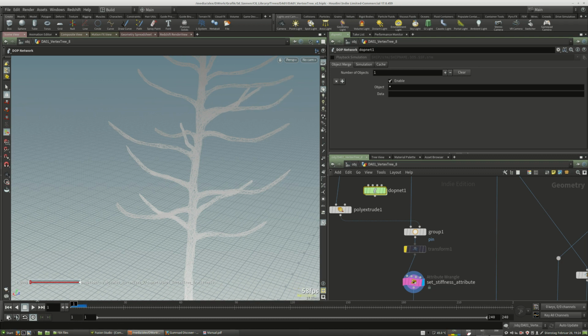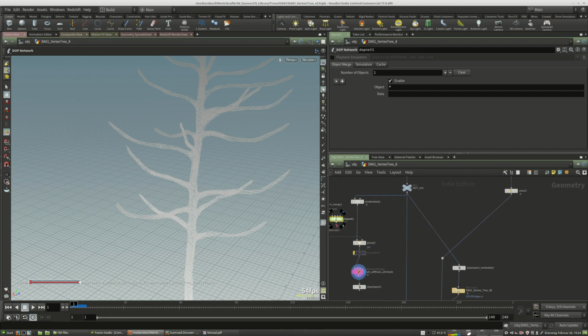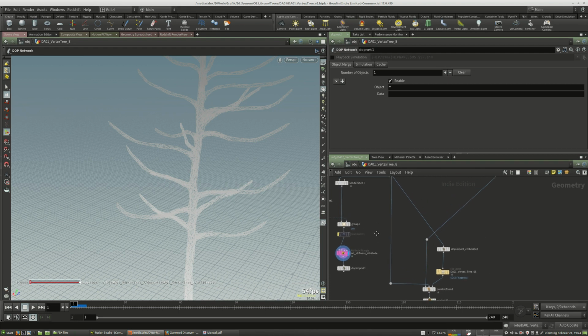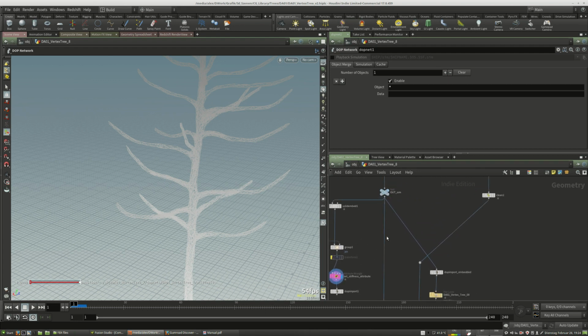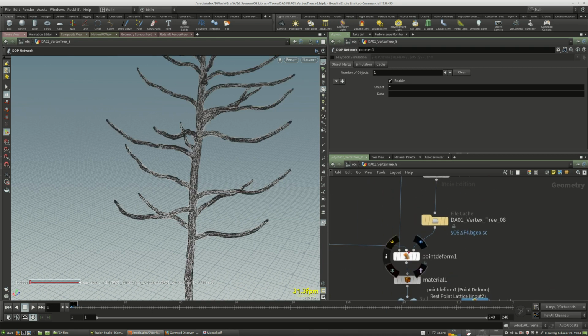Yeah, they are moving. So this gets fed. That's the DOP import for the simulation right here. And another thing that we needed was the rest position that I spoke about a couple of minutes ago. The rest position is needed in the middle input of the point deform, so that we can drive